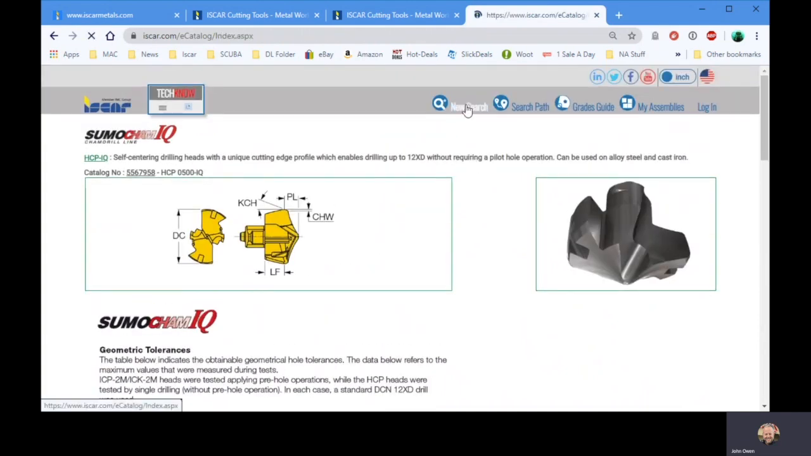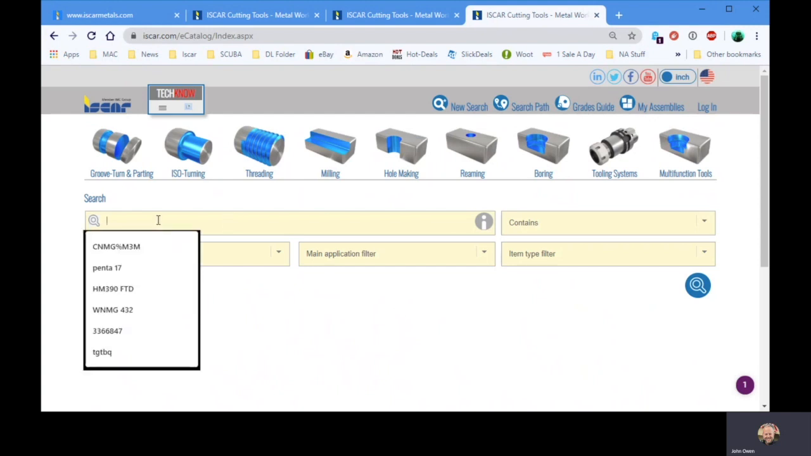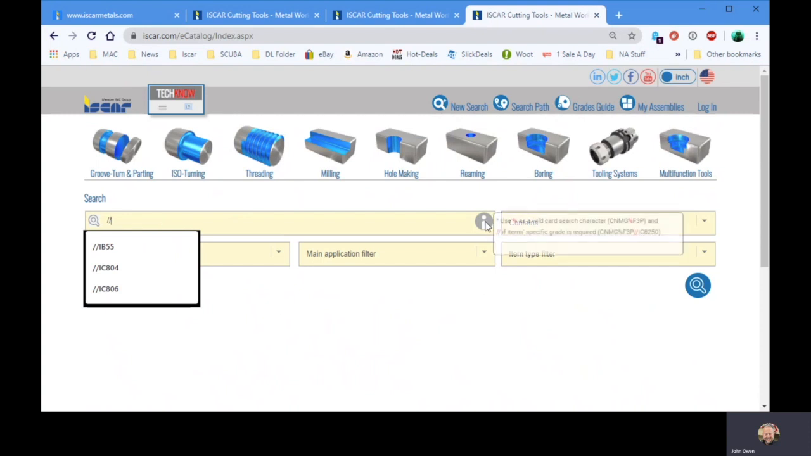Okay, so now let's go back here real quick. We're going to do another search. We're going to do some wildcard searches. You can do a specific search for a grade. So like one of our new Inconel grades, go //